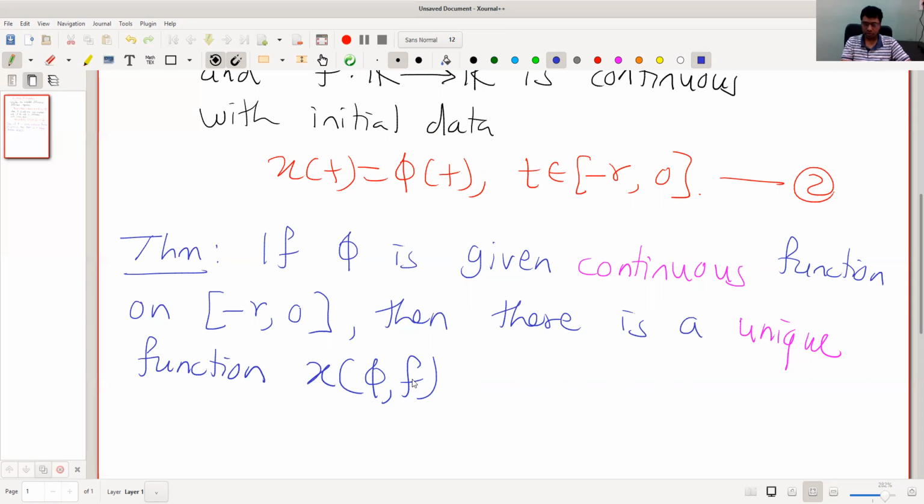So this notation means dependence on phi and f,